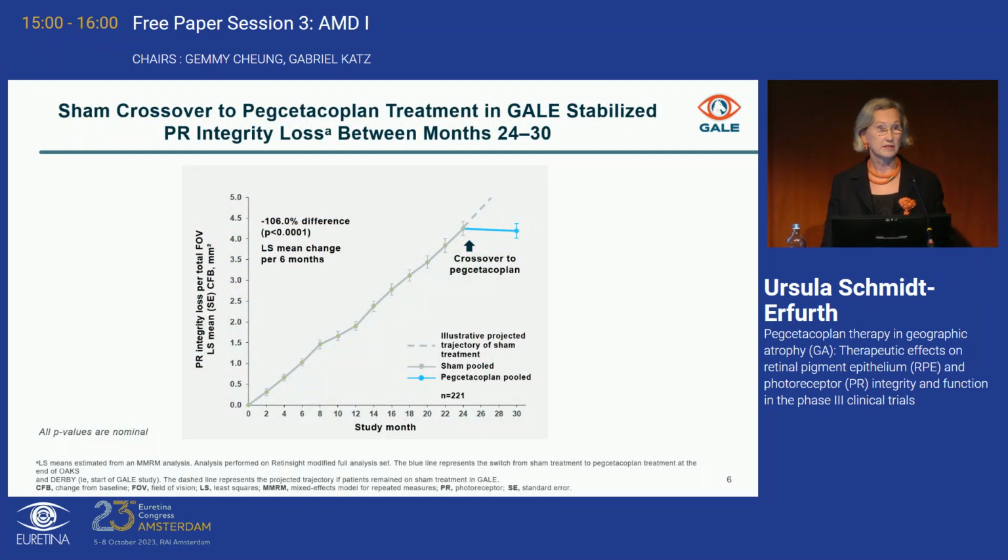So the same thing could also be reproduced very pleasantly on the long term when lesions were larger. So this is the crossover at the end of the phase 3 studies when all the sham patients were then treated. And you see that even larger